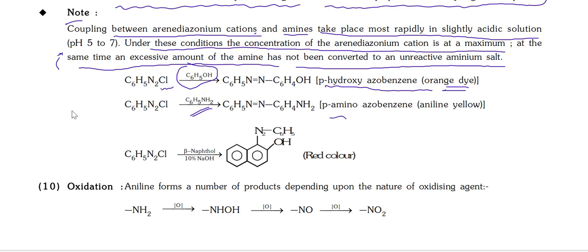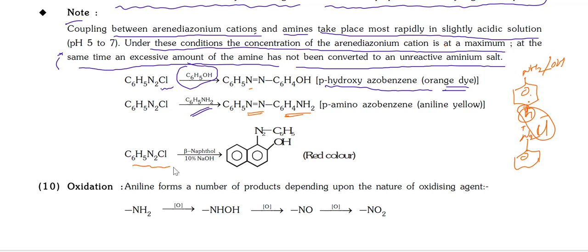Para-aminoazobenzene. See, I will write the structure here. Aniline is there; in this aniline, the para position has hydrogen. N2+ Cl-, this is the benzene diazonium chloride. This benzene diazonium chloride is attacking at the fourth position of aniline, the para position. See here, HCl is removed, and between the two rings you can see N=N. Similarly, if you keep OH here, it is the same. OH also, the attack happens at the para position.